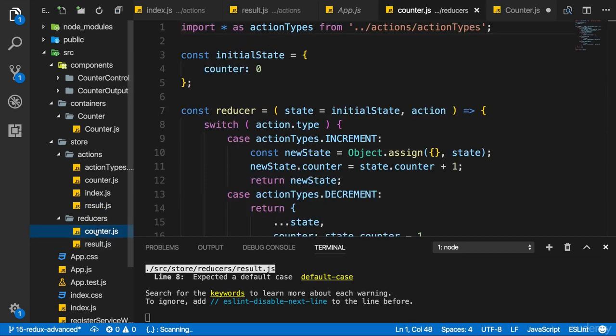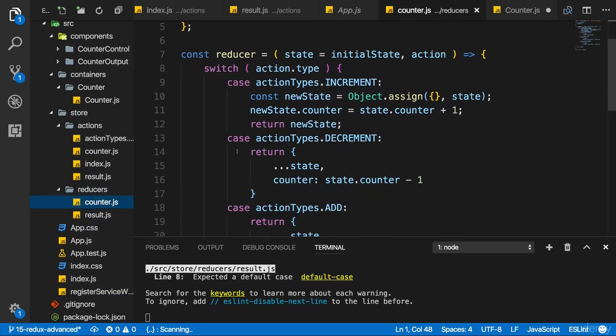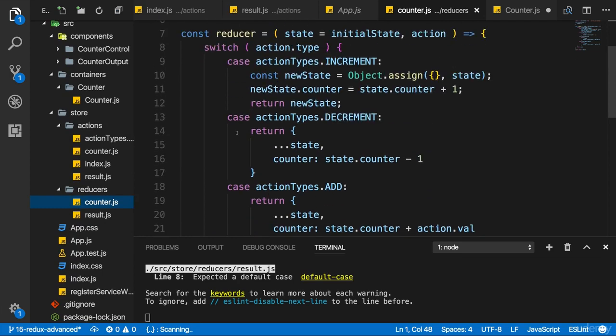Right now we have two reducers. It's a bit advanced because we already split it up and use combined reducers. But each reducer still has a relatively long switch statement. And even when breaking up your reducers into multiple files, you probably still have relatively long switch case statements for each reducer, at least if it handles more than two actions. So cleaning up that reducer file a bit more can be an idea.